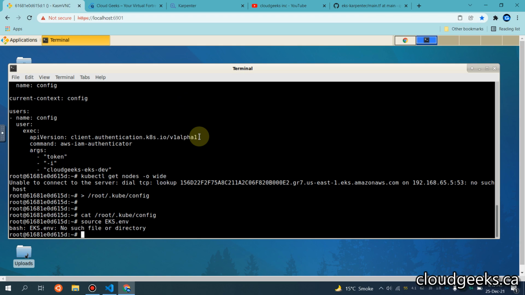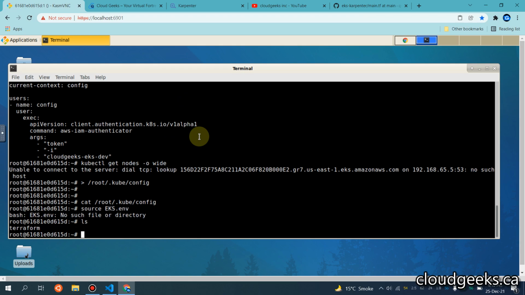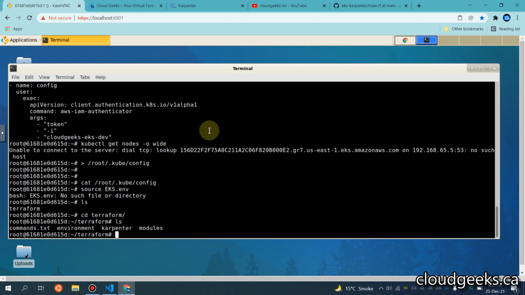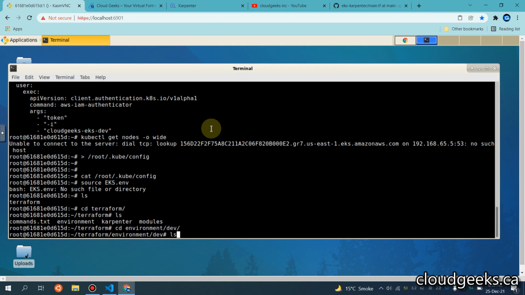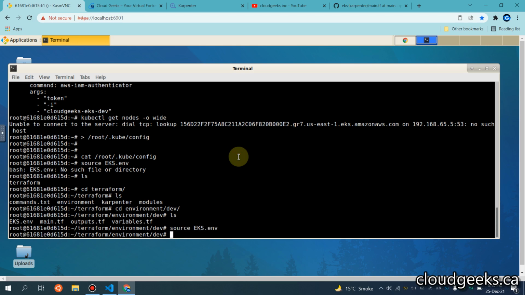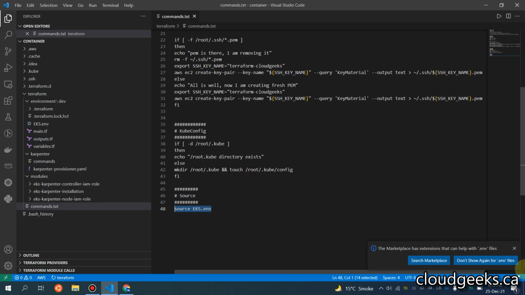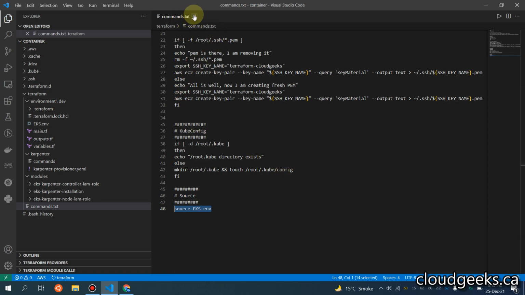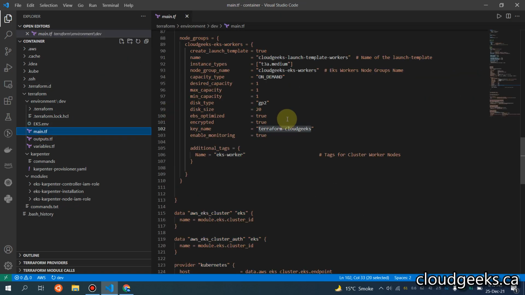So let me, okay, I am in the wrong area. Let me navigate to this Terraform and navigate to the environment and dev. You see that EKS is available, and I'm going to source it. So these environment variables are going to be available. So this part is done, and now I'm going to cover the